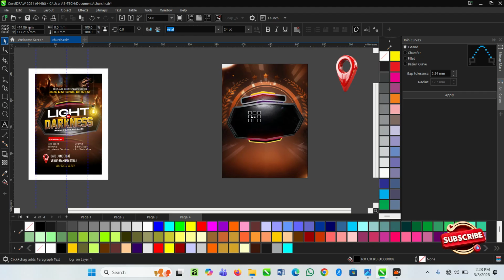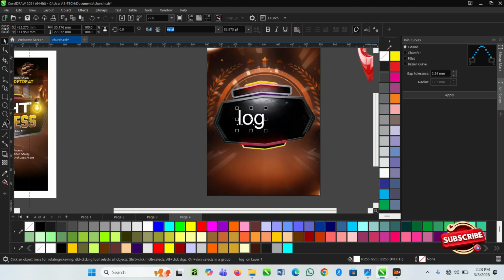We are not seeing it because it's not in white. Let's adjust it. This is your text tool, select it or press F8, and then write Light in, then press enter, then write Light in Darkness,